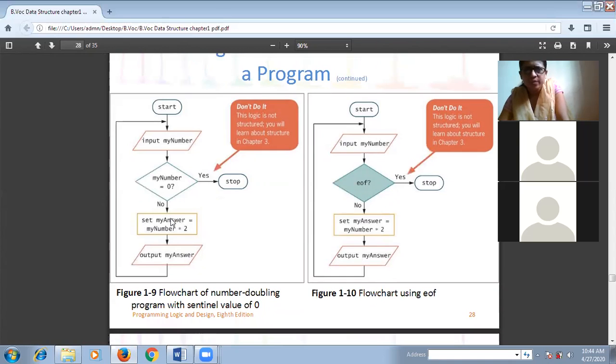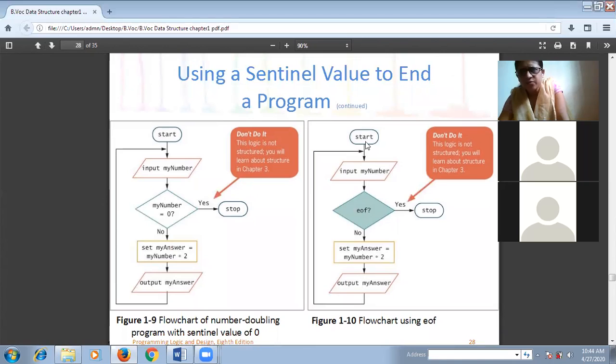In reading data from a file, we can consider end of file as a sentinel value. We have put it in a diamond shape because we want it to work as a decision condition. Obviously, it can be either the end of file or not the end of file. If it is not the end of the file, then we can read the data from the file. But if it is the end of file, if the condition is true, if the answer is yes, then it is fine to stop the next execution of the program because there are no more values in our program. That's why we are considering end of file, EOF, as a sentinel value.